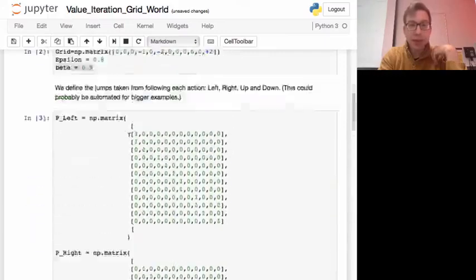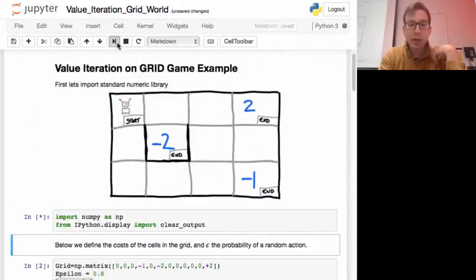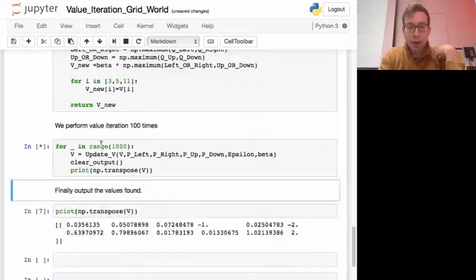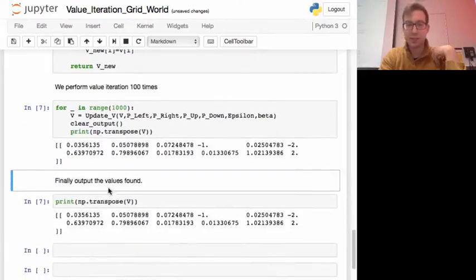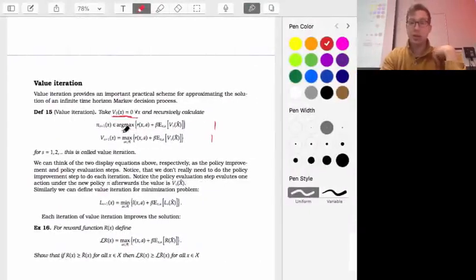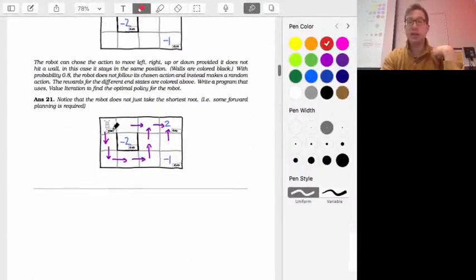Except I need to start from here. Sorry. So let's run all of that. It just plugs through the numbers 1,000 times. You can notice they're pretty stable now. And then I can print out the optimal values. It starts from a value of v equals 0, and then slowly converges to these numbers, the values of all the different states. Then I can look at the maximizing values of all of those, and that gives me a policy that says do this.